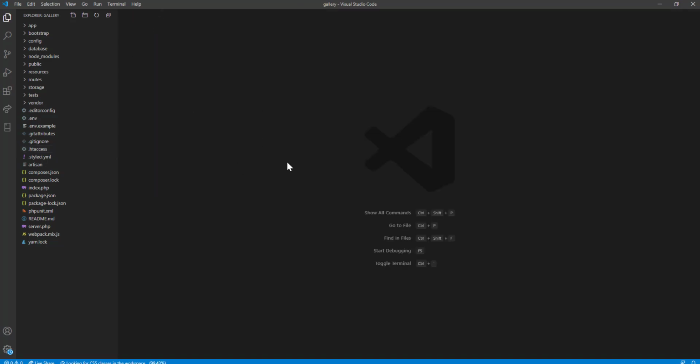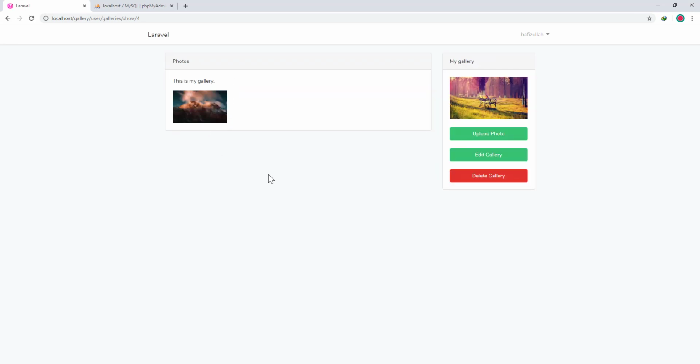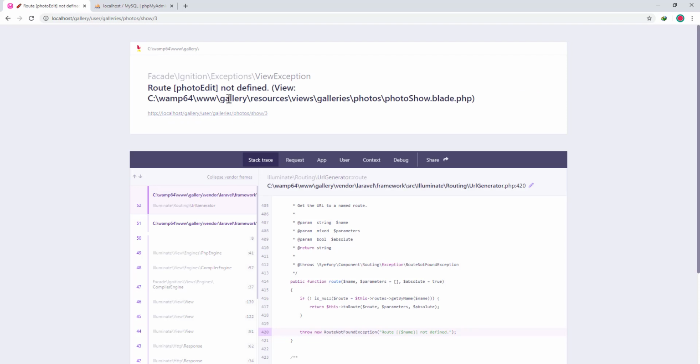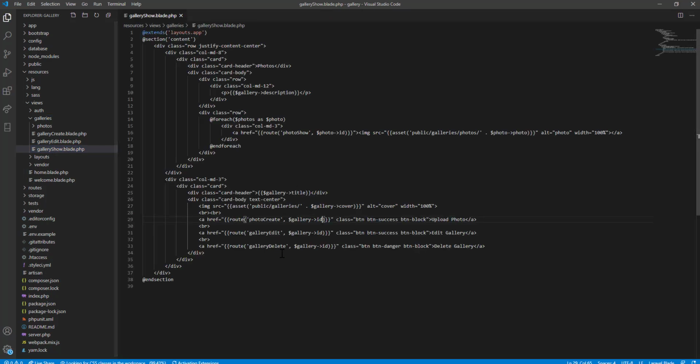So let's start on our new topic, which is to update our photos. If we check our application, if we go to our galleries, as you can see it has only one photo, and we want to be able to, whenever we click on the photo, okay, it should show the information of the photo. It says our route photo edit is not defined. If we go to our code editor and our resources, our views, galleries, and gallery show blade, as you can see this is our edit route for the